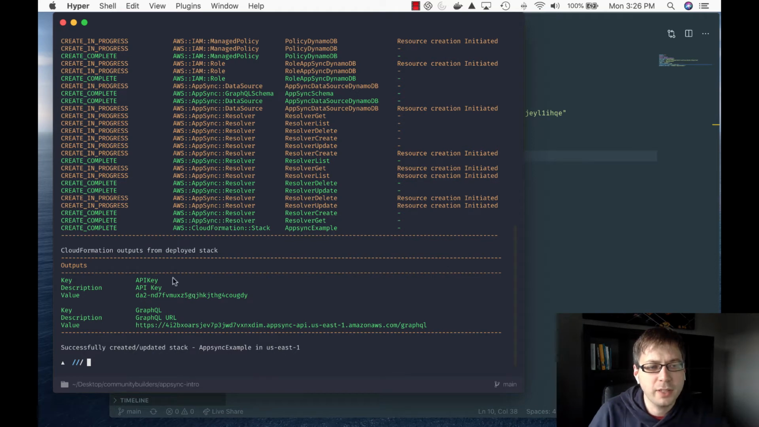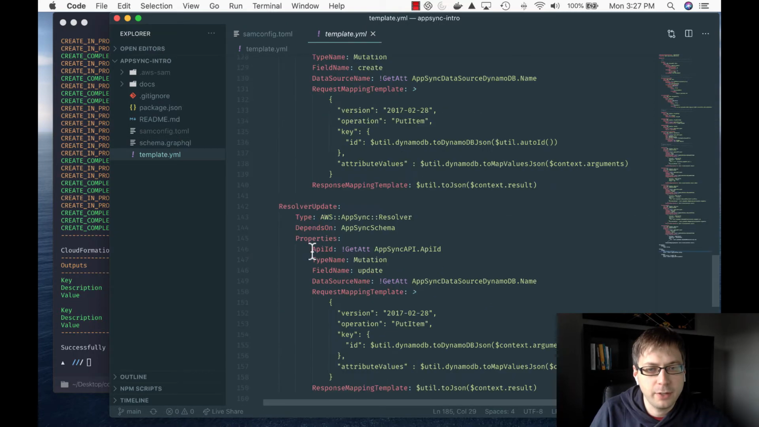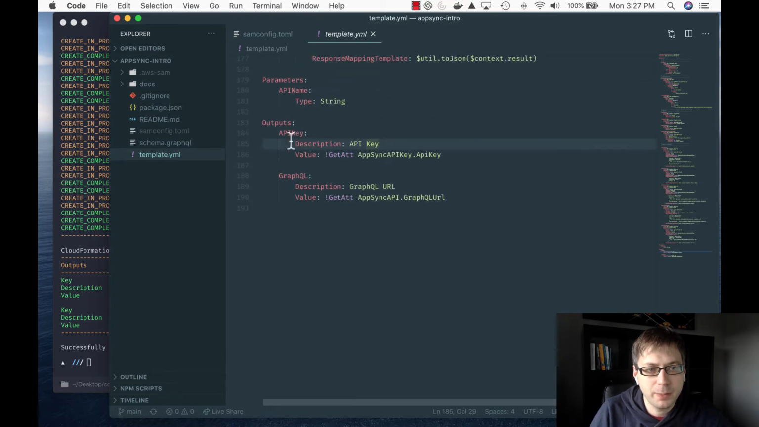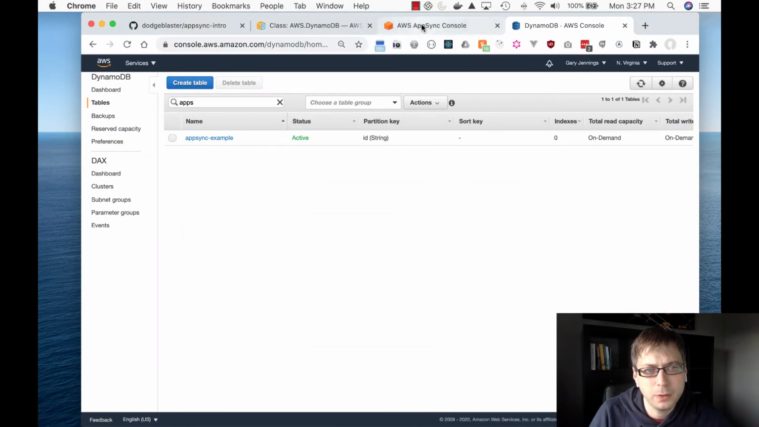Okay, so it's all done. We have these outputs here, which we defined in our template at the very bottom. So I'm getting the API key if I want to start using it, and I'm getting the endpoint if I want to start using it. So we could use something like Postman to test this thing out, but AppSync has a pretty cool